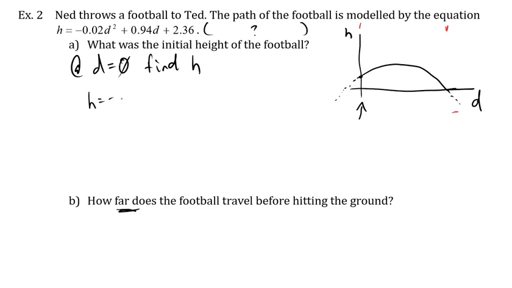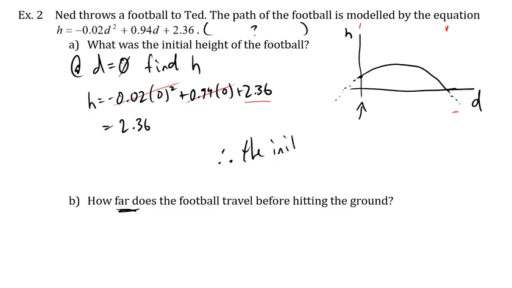So I get h equals negative 0.02 times 0 squared plus 0.94 times 0 plus 2.36. And what we notice is this is going to be times 0, so it's gone. This is times 0, so it's gone. And when you've got standard form, the only thing that it's good for, aside from the fact that it's fully simplified, and we like that mathematically, is that it does give me the y-intercept, or the vertical intercept, very quickly. I still should be showing these steps of subbing in 0, but there it is. So therefore the initial height